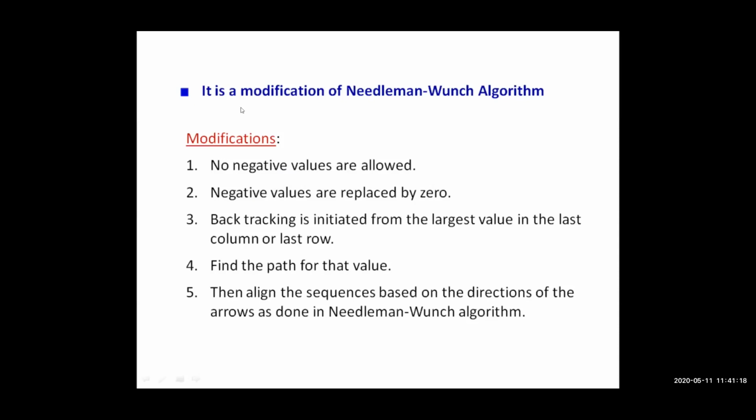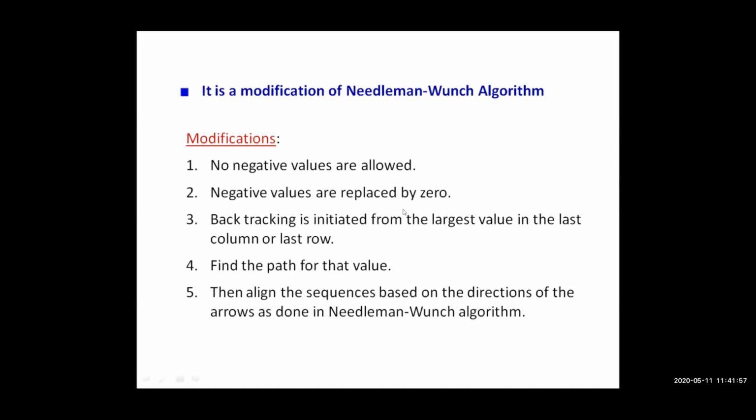So this is a slight modification of the Needleman-Wunsch algorithm. When you know the Needleman-Wunsch algorithm, it becomes easy for you to understand this algorithm also. But these are the rules to be followed. What are the modifications? Number one, no negative values are allowed. So in the entire table, we will not allow any negative value. But by way of calculation, we can get negative values, as we already know. So the second rule says the negative values are to be replaced by 0. If we get a negative value, the highest value among the three, if it is negative, then we will replace it by 0 without considering anything.